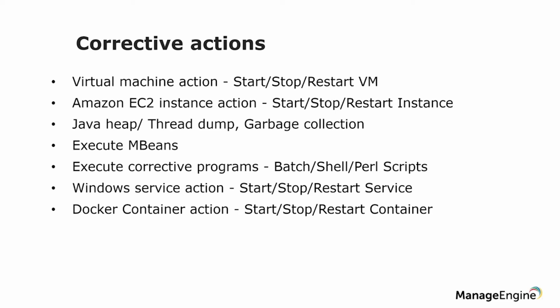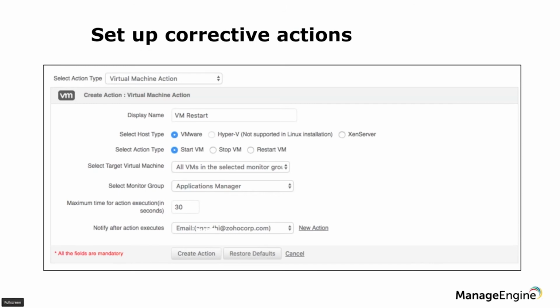For example, with virtual machine action, you can start, stop, or restart the virtual machine. Windows action runs a batch script or shell script which performs a certain task in your remote server. For instance, for virtual machine, if you see here, the host type can be selected based upon the virtual type that you have. If it is VMware, you can select it. If it is Hyper-V, you can choose that, or another. Based on that, you can select the action type,